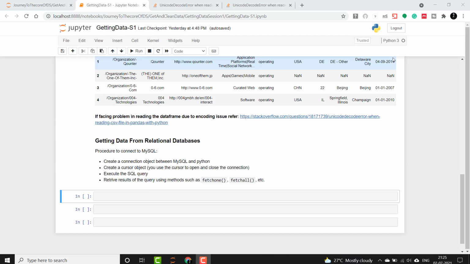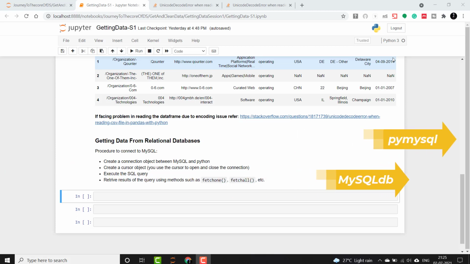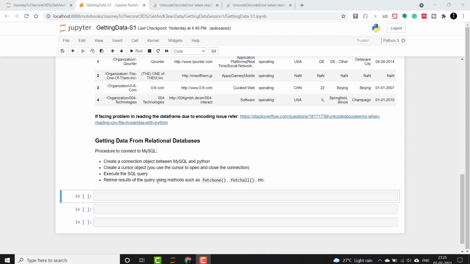There are many libraries to connect MySQL and Python, such as PyMySQL, MySQLdb, etc. All of them follow the following procedure to connect to MySQL: creating a connection object between MySQL and Python, then creating a cursor object for opening and closing the connection, then executing the various SQL queries, and then retrieving the results of the queries using fetchone or fetchall.